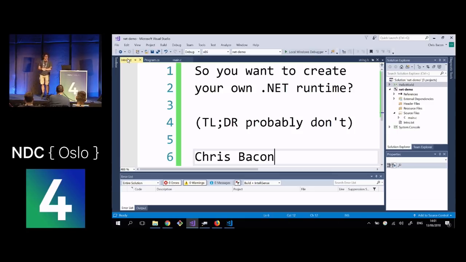OK, so let's get going. So just to be clear on what we're going to do, I have Visual Studio open here, on the right, I hope you can see that. We have a couple of projects here. We have a classic Hello World. This is a C#